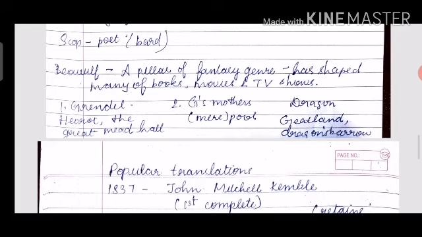Let us also remember the places where Grendel, Grendel's mother and the dragon live. Grendel lived in Heorot, the great mead hall. Grendel's mother lives in the mere or pool. The dragon lives in Geatland. So the story is like, first of all, Grendel the monster attacked Heorot, the great mead hall. There it was disturbing the king's men. And this went on for nearly 12 years.